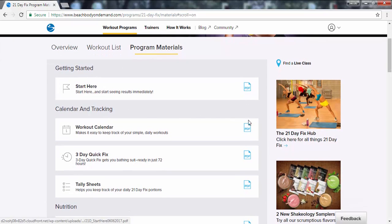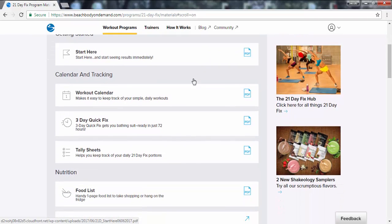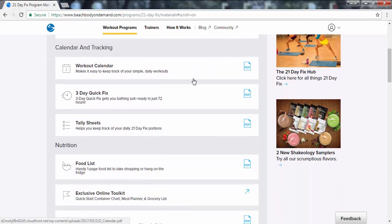So here, all of these are PDFs. This is everything you'd get in the box. You would get a card that says start here. You would get a fold out workout calendar. You'd get a pamphlet that's the 3-day quick fix. You'd get a nutrition guide that has tally sheets in the back. All of this would be physically in paper if you bought the physical copy on DVD, but now it's all